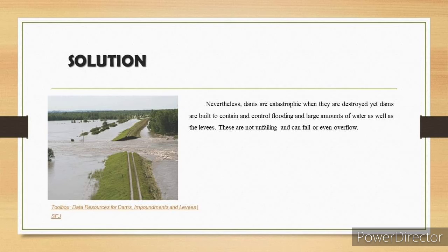And gaya nga ng mga kaninang sinabi ko, yung dams, siya yung nag-iipon muna ng mga tubig bago siya tuluyang dumiretso sa river para hindi mag-overflow yung river. So, anong nangyayari? Nagiging catastrophic lang naman to kapag siya nasira. Kapag punong-puno na tapos hindi pinakawalan yung dam, doon nabe-break yung dam at mas malaking pinsala yon, mas malaking baha, parang ganun.